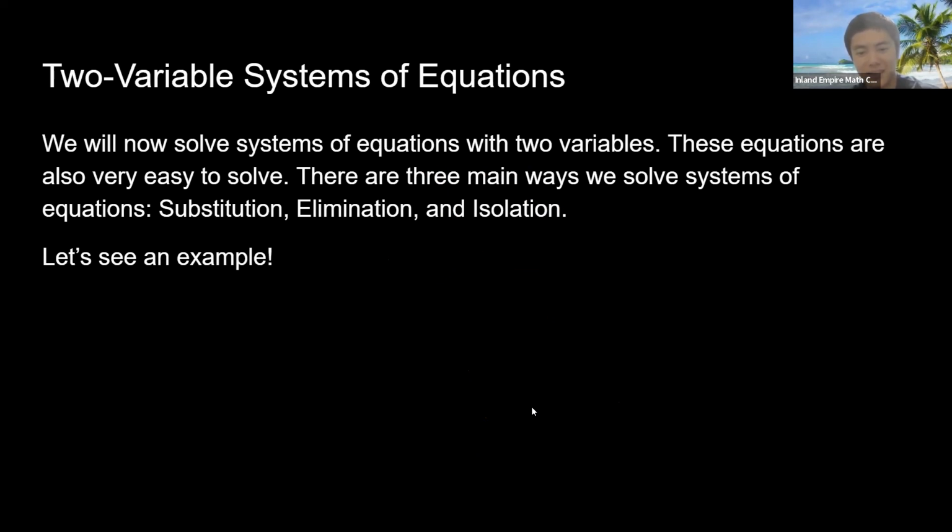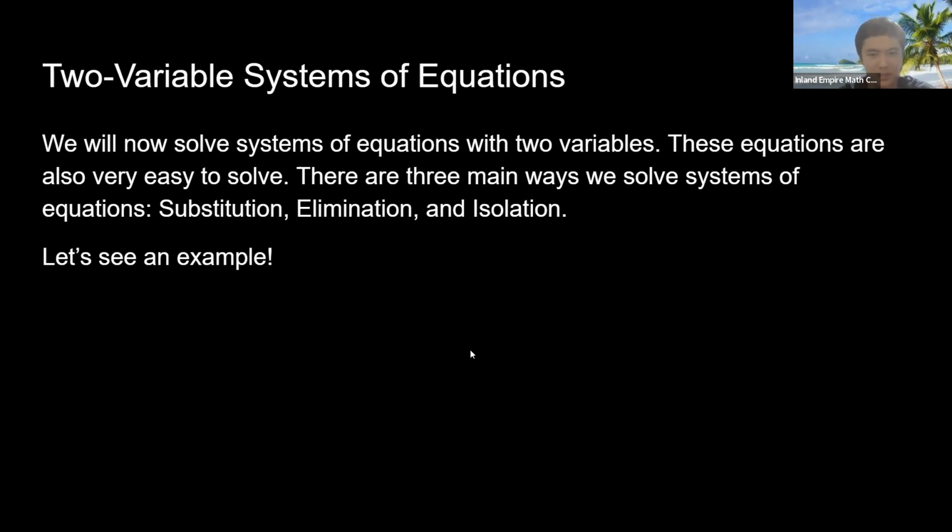3, 2, 1. Okay, so two variable systems of equations. These equations are also very easy to solve once you learn to solve them. There are three main ways we solve systems of equations: substitution, elimination, and isolation. Right now, you probably have zero idea what any of these terms mean, but you will soon understand them with